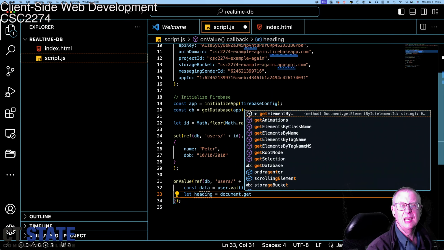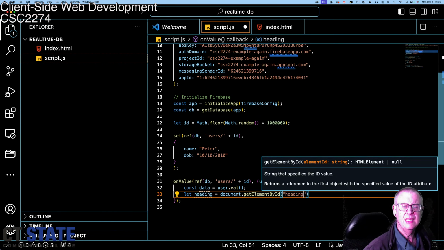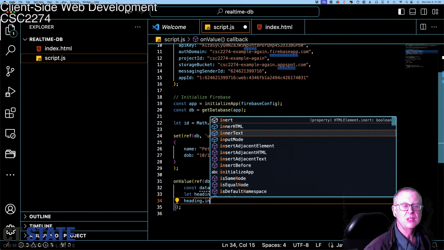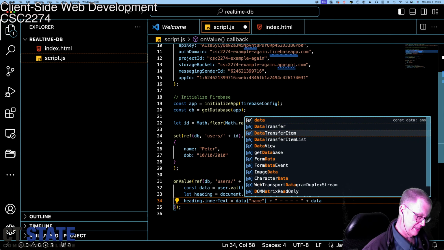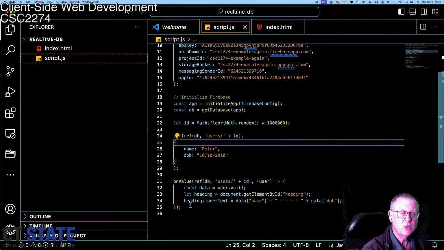let heading equal document.getElementById, and my ID was heading, right? And then I'm just going to say heading.innerText equals the data I got back, and remember we're going to get a name field, and then I'm just going to put some random text in there, and then I'm going to get the date of birth as well, right? So now what should happen, well, let's